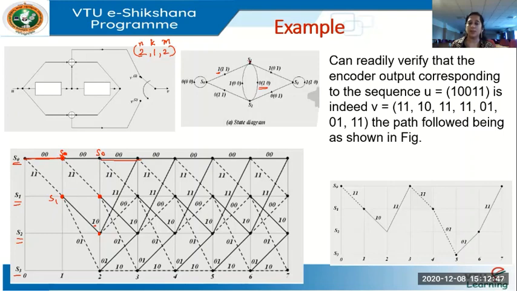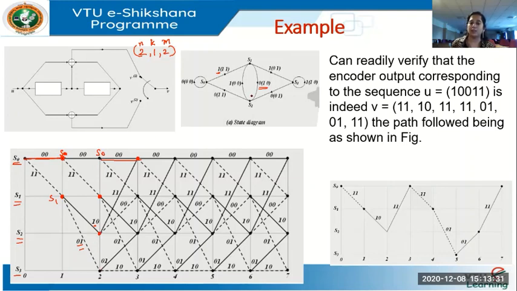Similarly, you are in state S1 and you receive a 1. You're going to state S3. So from S1, we move to state S3 whenever a 1 is received. It's a dashed line and the code bits output are 0, 1. Now we have arrived at all the 4 states, and S0 and S1 will be a repetition. From S0, you can either remain in S0 or go to S1. From S1, you either go to S2 when you receive a 0 or you go to S3 when you receive a 1. Now we should analyze what happens when we are in state S2 and S3.